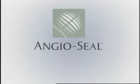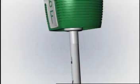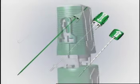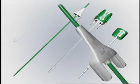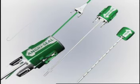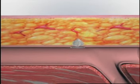The Angio Seal STS Plus, the natural evolution of vascular closure. Designed for smooth, simple deployment, the STS Plus is easier than ever to use. This new design can help physicians achieve more efficient, reproducible vascular closure while providing the best possible outcomes for both patients and clinicians. The Angio Seal STS Plus provides virtually instant hemostasis following catheterization procedures by creating a mechanical seal,